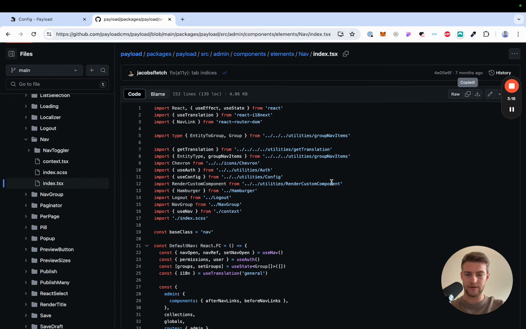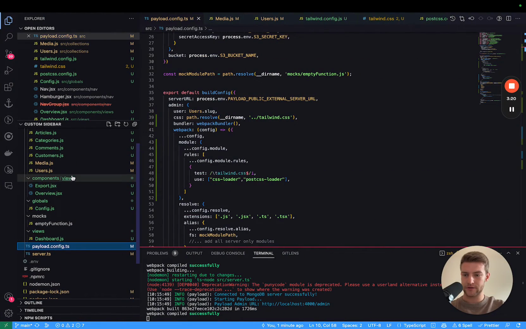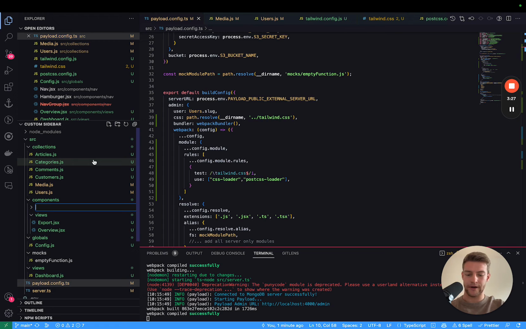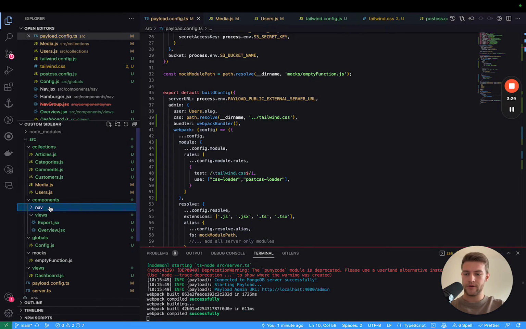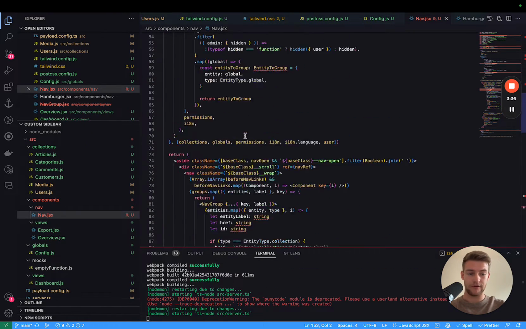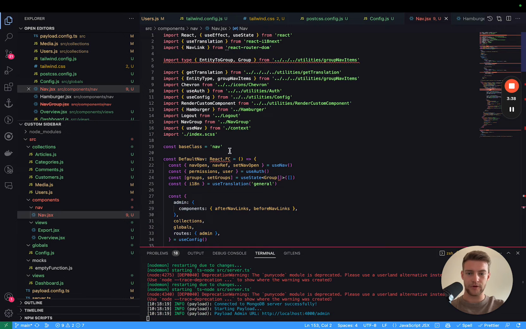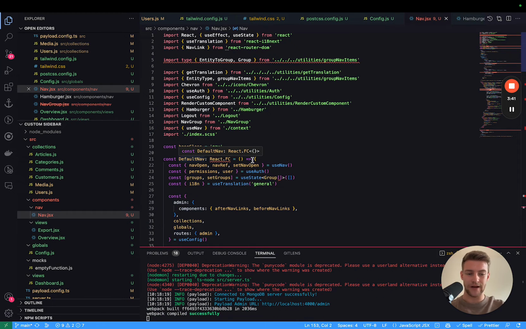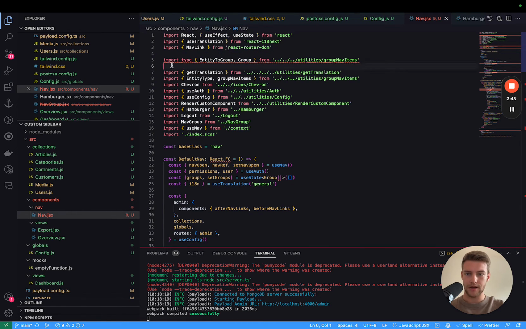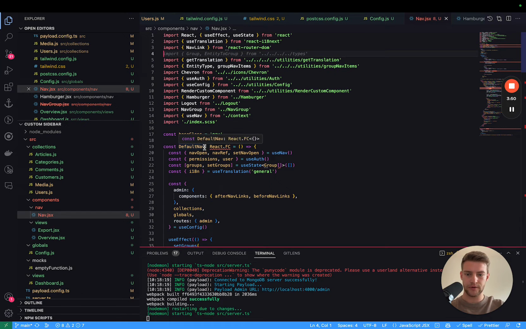Just copy it. And back in our project, I created a components folder. We're going to create a new folder, a nav, and we're going to start by creating a new file, nav.jsx. I personally prefer JavaScript over TypeScript, so I'm going to remove the TypeScript references, but you can of course keep them and keep on working with TypeScript. That is no problem at all. Now let me remove the TypeScript